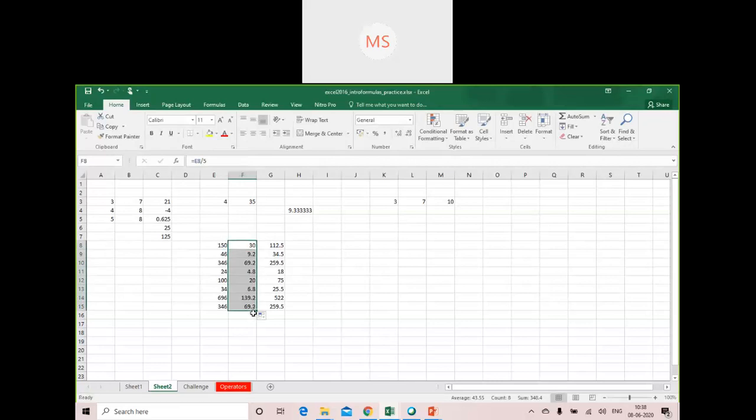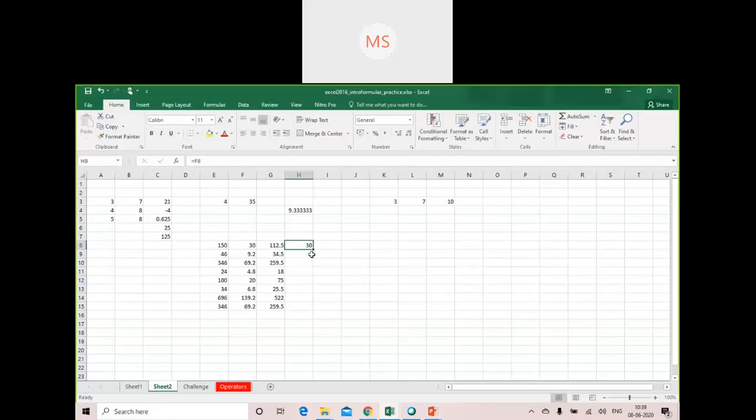Like if you want that whatever values are there from F8 to F15, the same values should be there in H8 to H15. So what you can do, you can make use of the equal to sign, and you can select this and press enter.